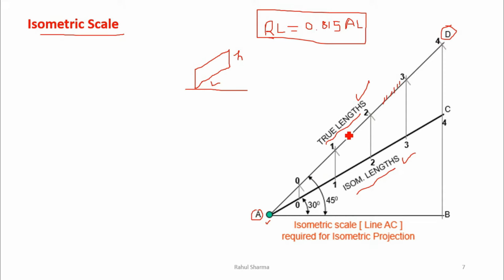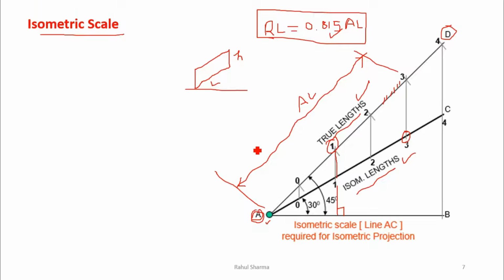Now after that, from these centimeter values you have to drop the perpendicular, exactly vertical line, I can say perpendicular to AB. So you have to drop the perpendiculars. So what is the meaning of that? If I have to measure the 4 centimeter, this was the actual 4 centimeter which is present in the object, and when you measure from this to this value, it will give you the reduced 4 centimeter. Means we have no need to multiply it with this factor. Directly by measuring this to this, we can convert the actual dimension into reduced dimension.